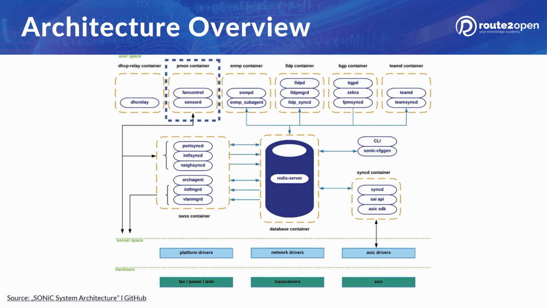Moving one layer up, we enter the user space, which is where most of the software elements reside. Again, we see the Redis server holding databases crucial to the proper operation of SONiC. All of the user space elements interact with various configuration and state databases running within the database container. In the following slides, we will go through each of the elements depicted on this diagram and explore in detail